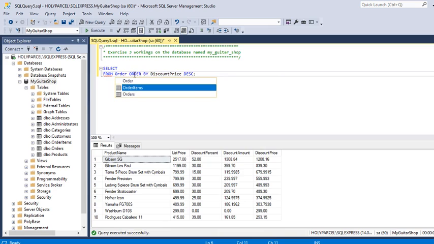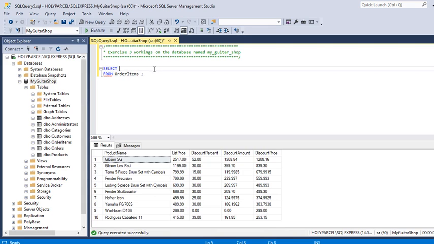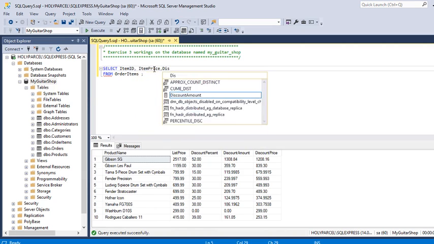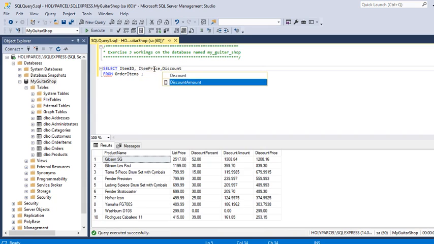Order items, and let's remove the order by also for now. All right, so what are we looking at? Item ID, item price, we're looking at discount amount. What else are we looking at? We are looking at quantity,